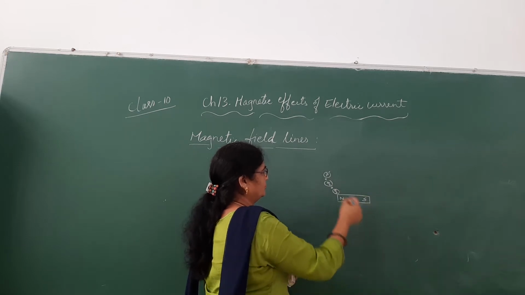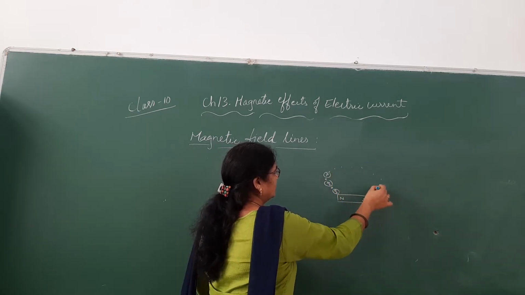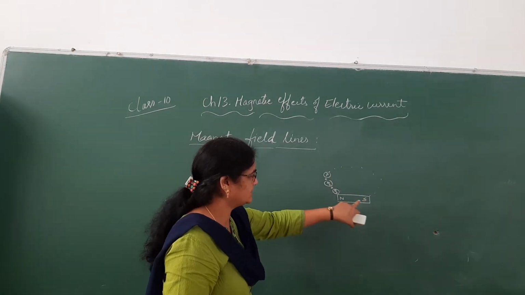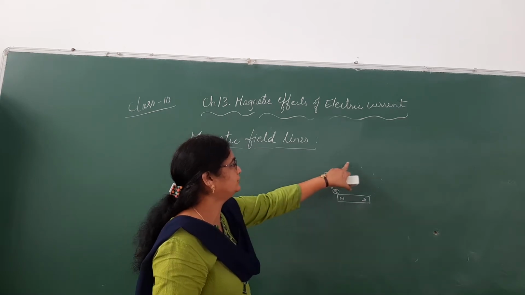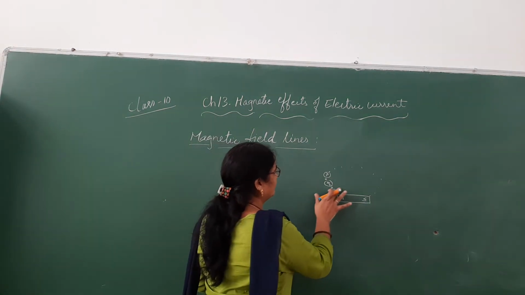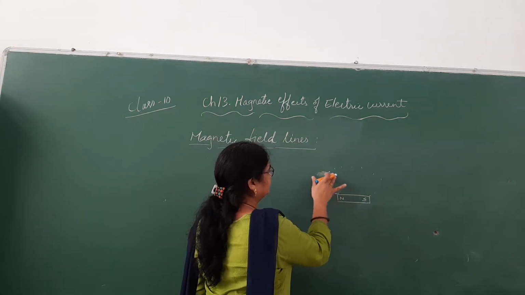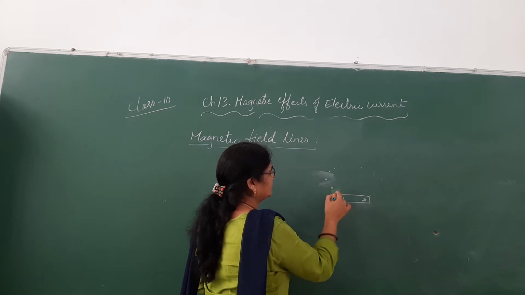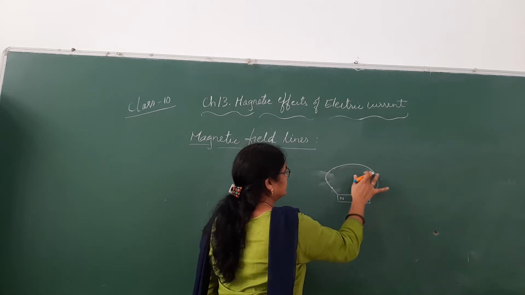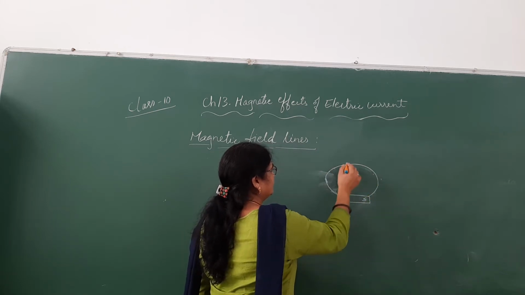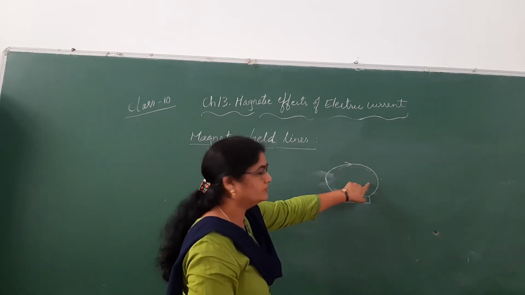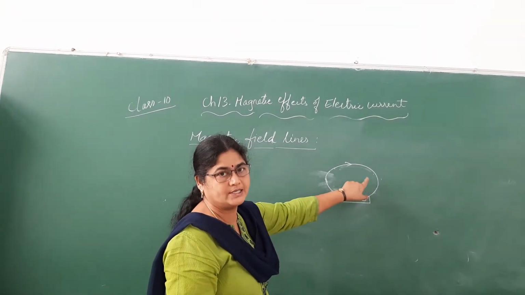So as you move, we will get so many dots and it will end up near the south pole. So we are getting so many dots like this. These dots represent the path of the north pole around this bar magnet. So if you join all these dots, we get a line. We call this the locus of all these dots. So when you join all of them, we get a line like this. Since it started from the north pole, I am putting the direction from north to south. So I got a line through which a unit north pole is moving.